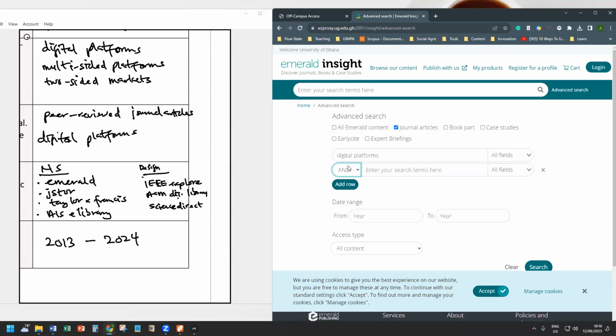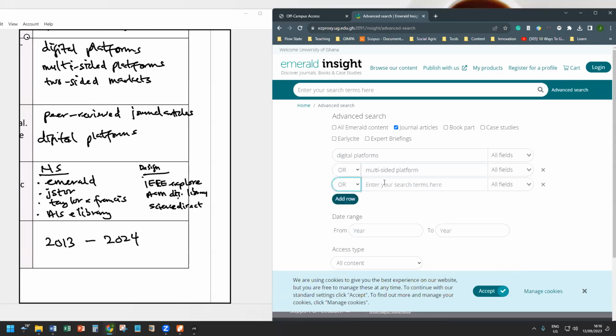So you want digital platforms, and if you say and, it means that you want a publication which has the words digital platforms and whichever word you type here. But that may be very difficult. So you rather want to say or, especially because the words you are going to type are synonyms. So you want digital platforms or multi-sided platforms. Again, or